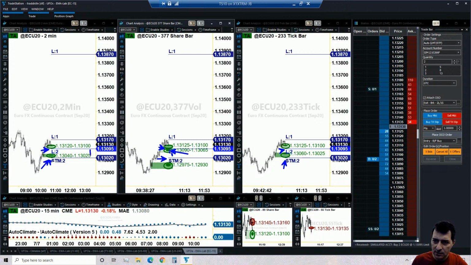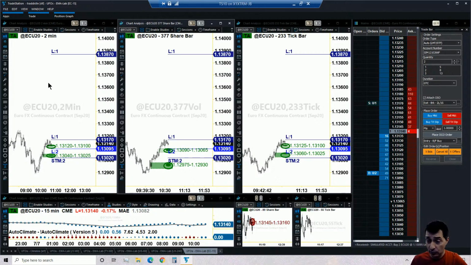Same distance that we gave ourselves to the stop is projected to the upside to set the safety target at 113.17, and then the final target, which is so far away. Remember, that was a 10-to-1. Again, it'd be great to get there, and you could get there, and that's why we are prepared for it.